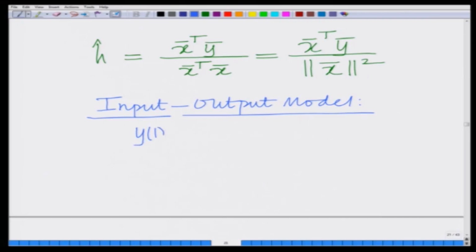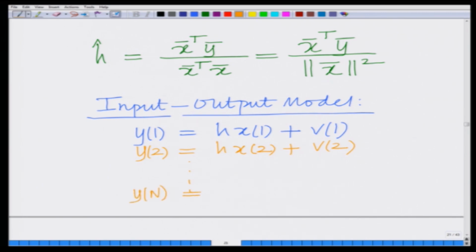Therefore, now I can write y1 equals h times x1 plus v1, y2 equals h times x2 plus v2, so on, yn equals h times xn